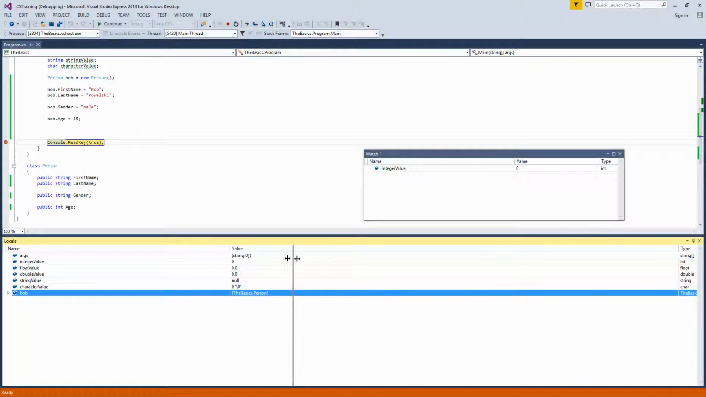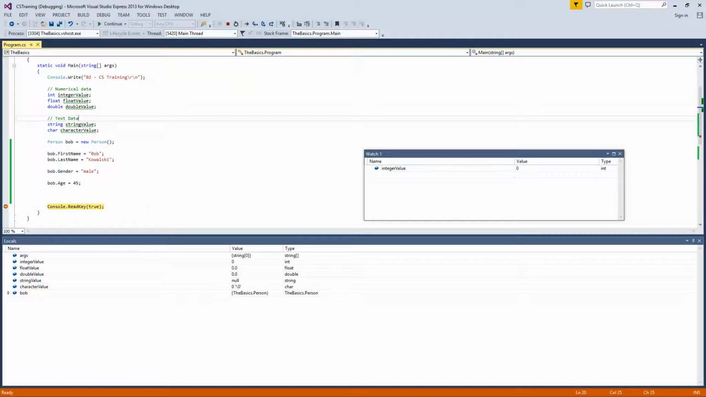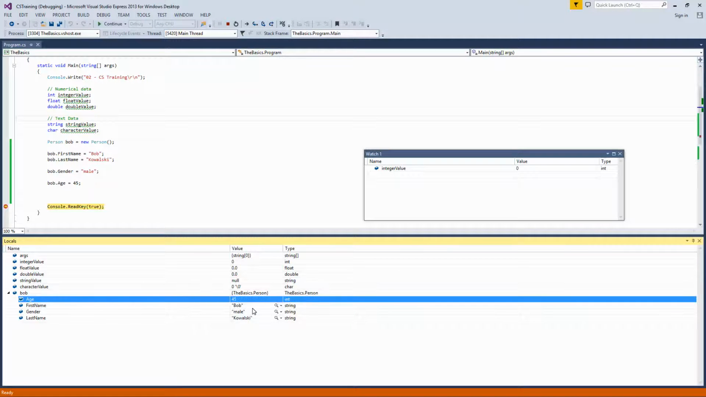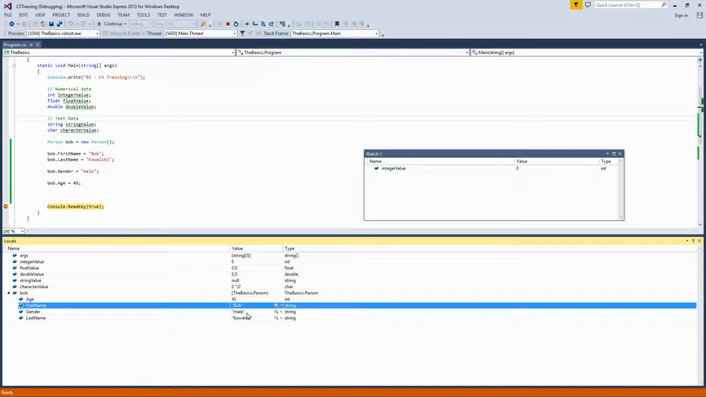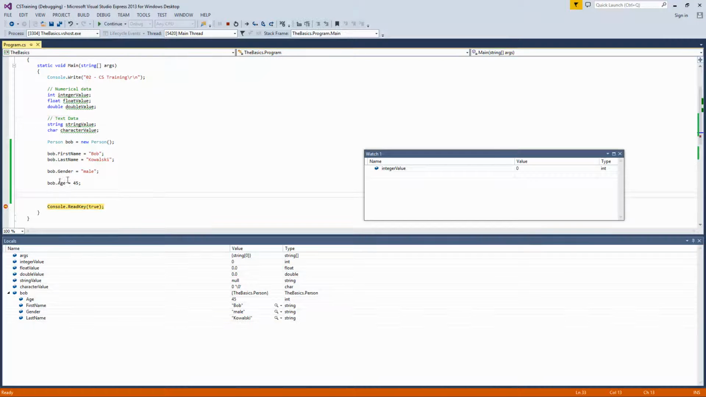And the type here, the basics person. So it's within the basics, that's in our project, and it's a person. Cool. And we have this arrow here, so we can check this out. And whoa, here we have more information about Bob. So his age is 45, his first name is Bob, gender male, and his last name is Kowalski. That's cool. Very nice. And of course, we can hover over it and we can see all that information